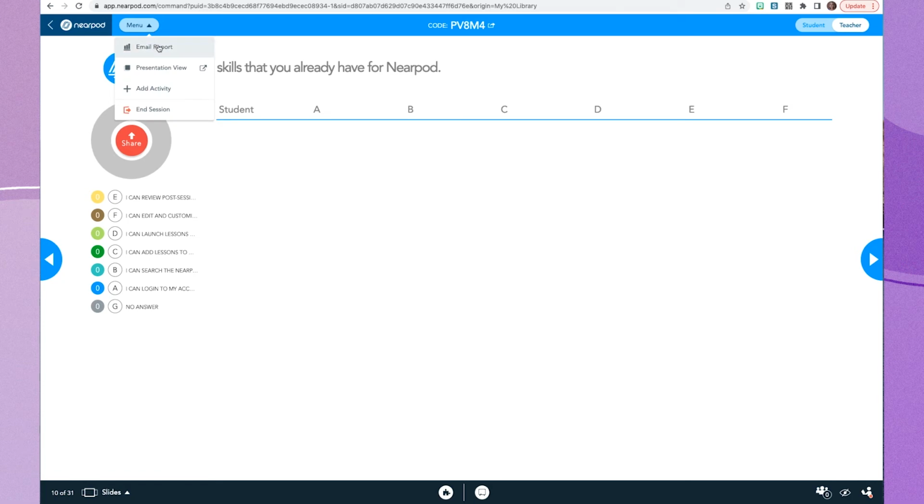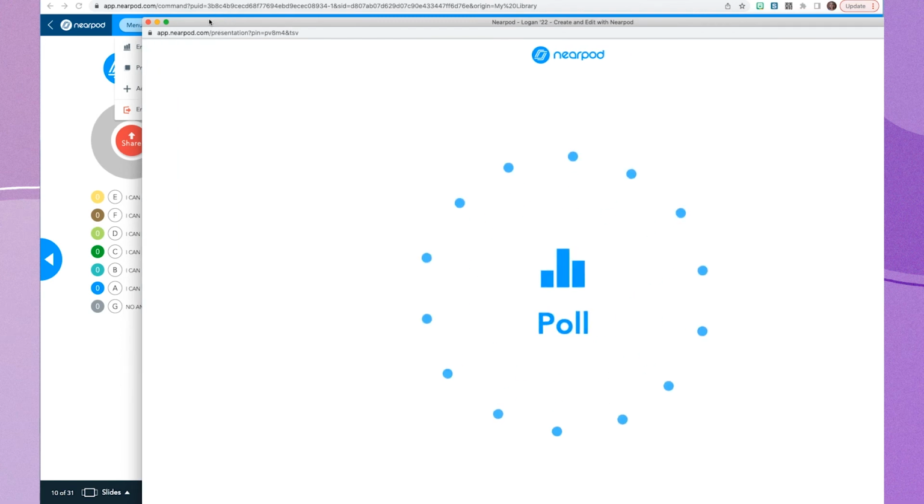From here, I can email a report to myself. I can go into presentation view, which when I click here on presentation view, it's going to open up a student